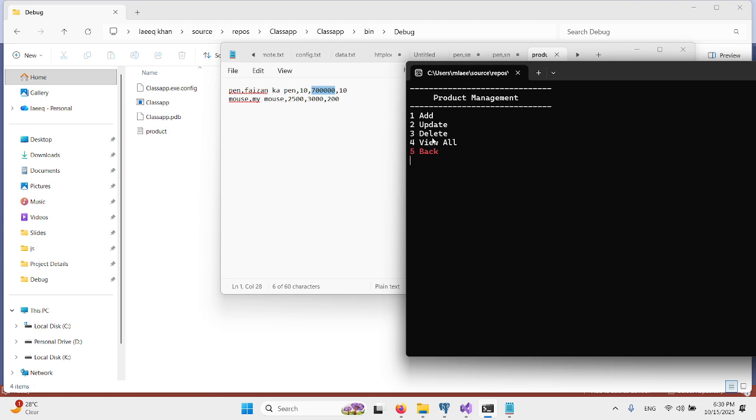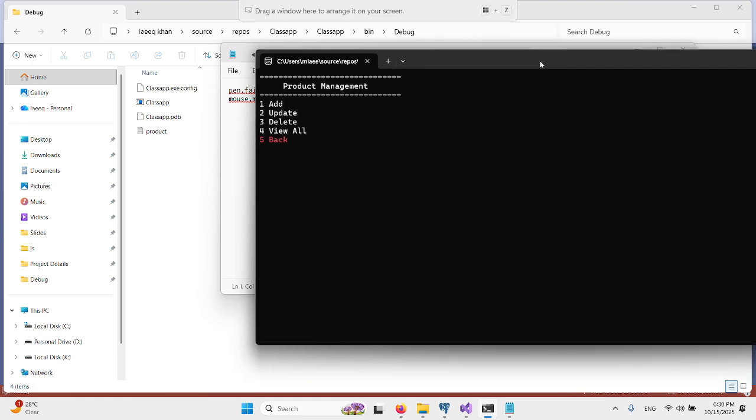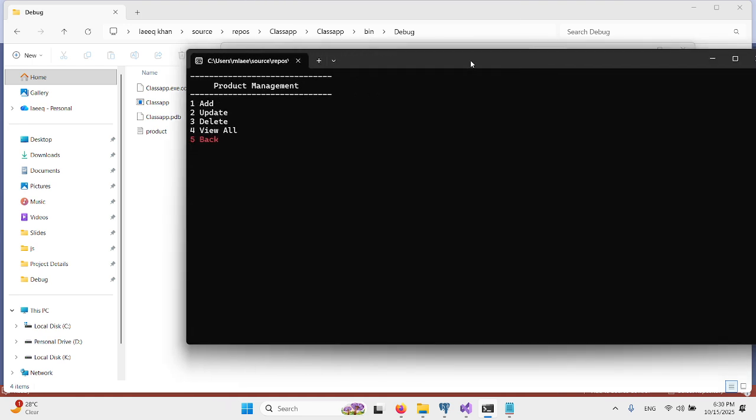We are performing all the operations successfully. We are entering the data into the file. When we update anything, it gets updated. When we delete it, it gets deleted. Okay, so these are single entity operations. Everything is managed by the file. So even if I close it and run it again, I will get all the data.